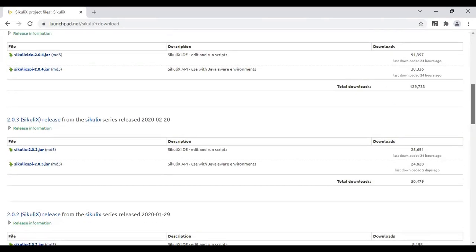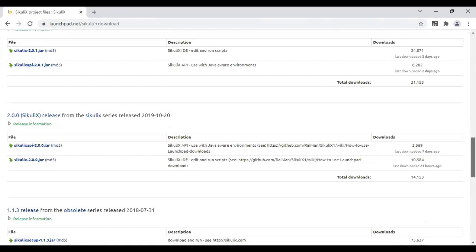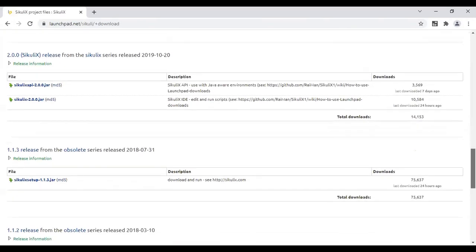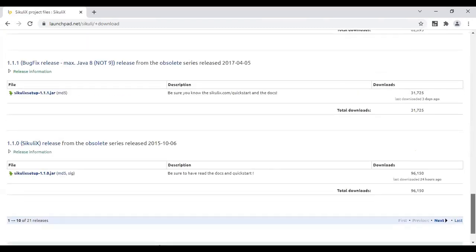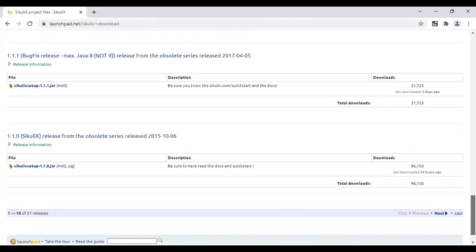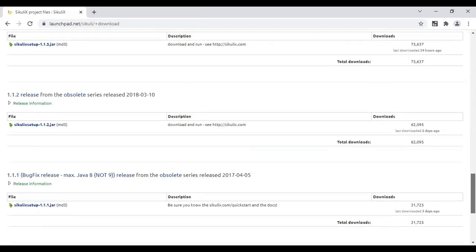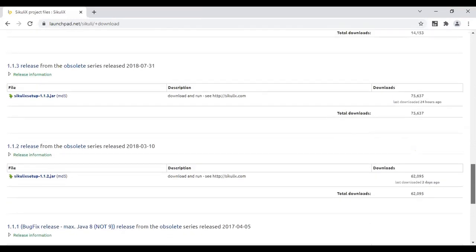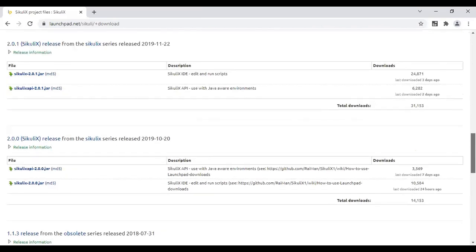Sikuli IDE, no. Sikuli X. Yes, Sikuli X.